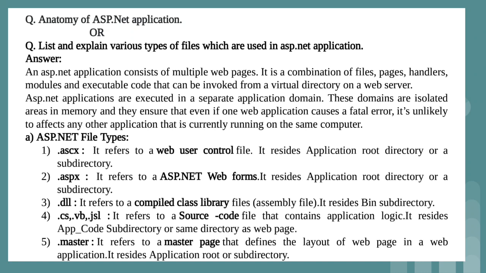Then we have .master. We are having one practical which is basically on the master page. So when we are using a master page, we will get the file with the extension .master. So basically .master refers to the master page, which actually defines the common format, background format for all the web pages to which that particular master page is connected. And the .master page file you will get inside the application root folder. You will get to see the .master file.